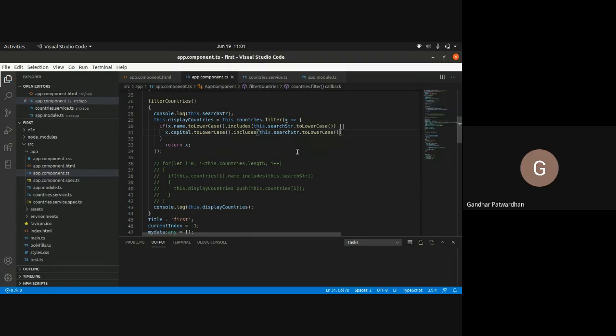Right. So what this is going to do is it will check if name has the search string, or if the capital has the search string, still it would return that value.